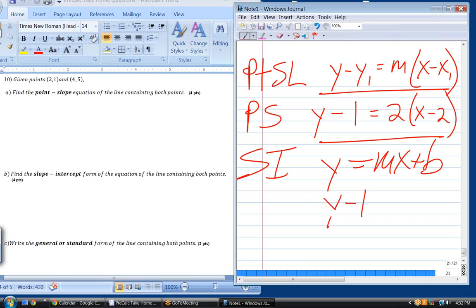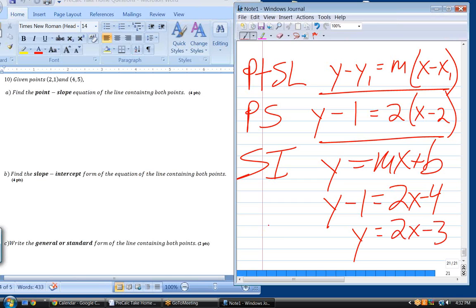So you have y minus 1 equals 2x minus 4. Move the 1 over there. What do you get? 2x minus 4, and then we're going to minus the 1. Hold on. We're going to add 1. Always do the opposite. Oh, sorry. Right. Add 1, and then would that be